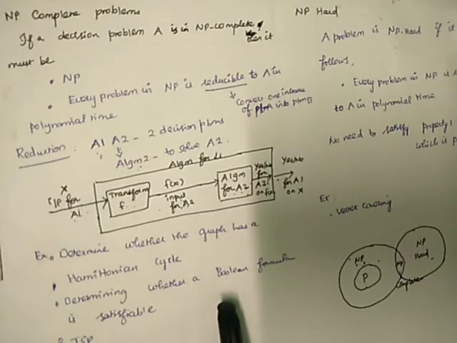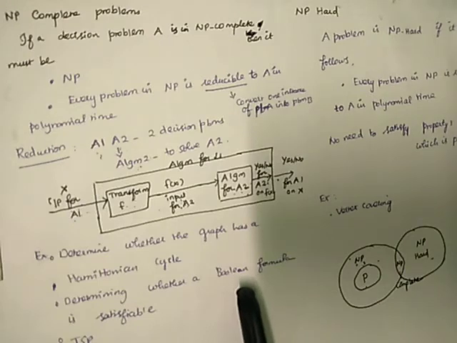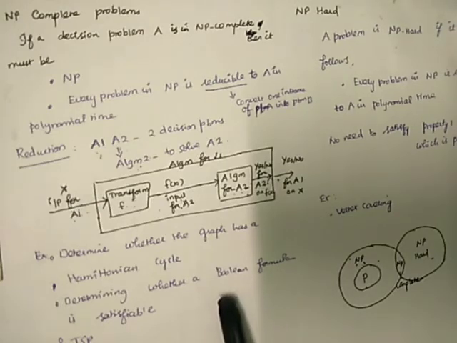Consider the Navier-Stokes problem is not a polynomial time solvable problem. Then the Navier-Stokes problem input instance can be converted into the Boolean formula category. Then the Navier-Stokes problem can be solved by the Boolean formula satisfaction problem. So this is the concept of reduction.